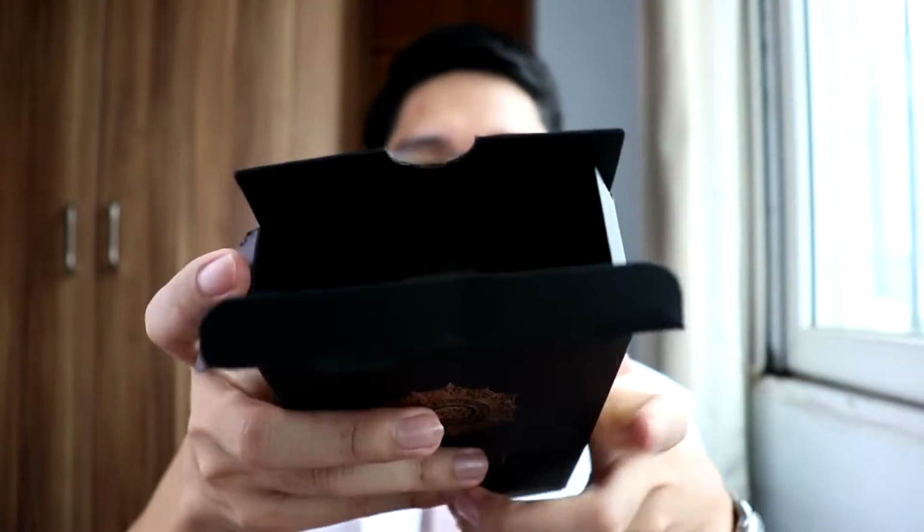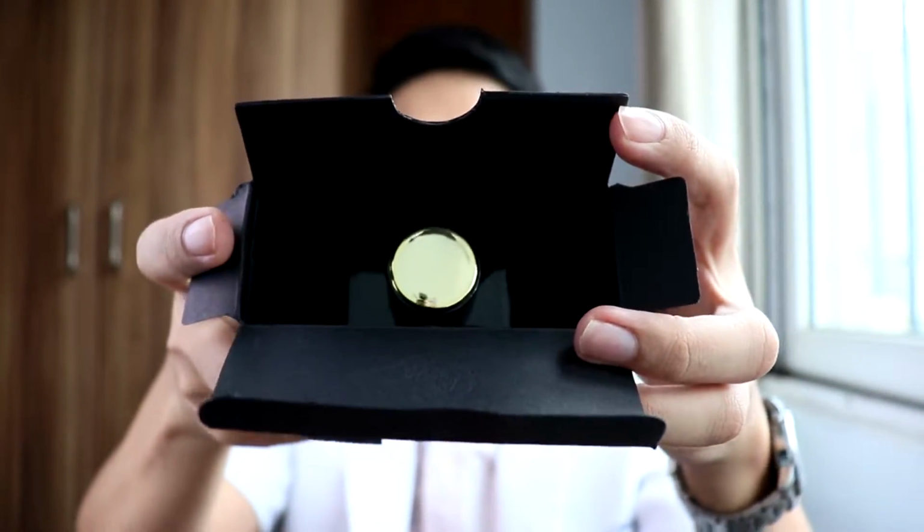So let's open this package with my handy dandy knife. There you go. I don't want to rip the sticker. And you'll be the first ones to see what's inside. Alright, so we have here